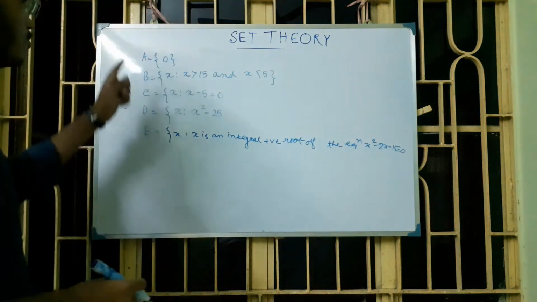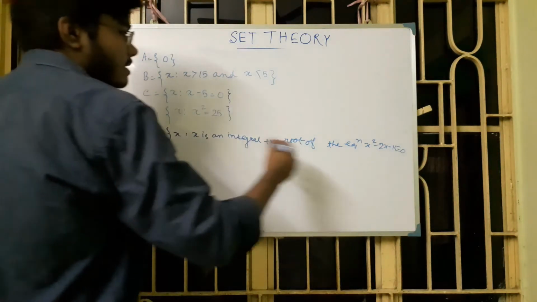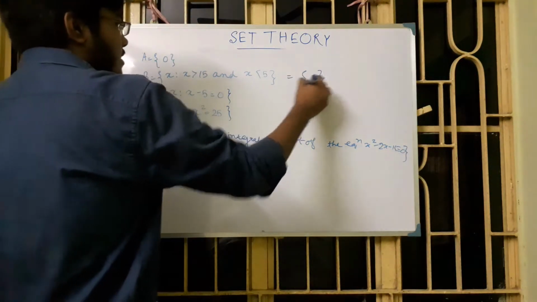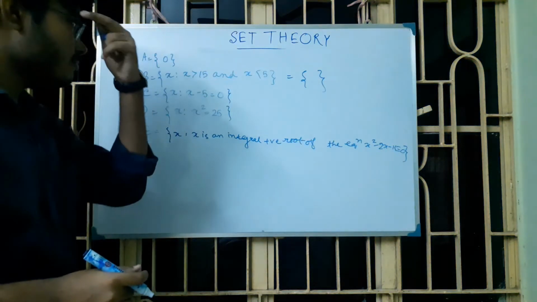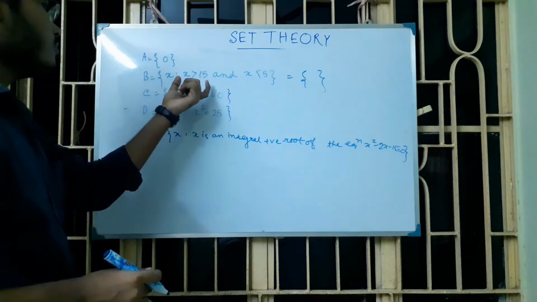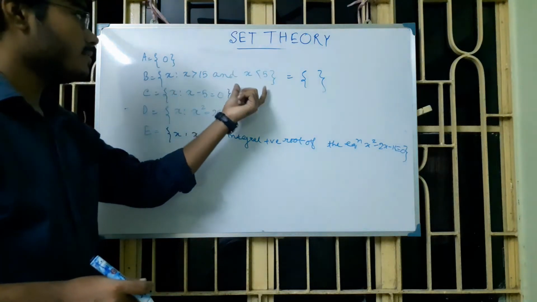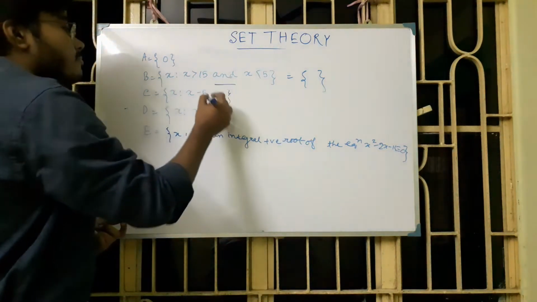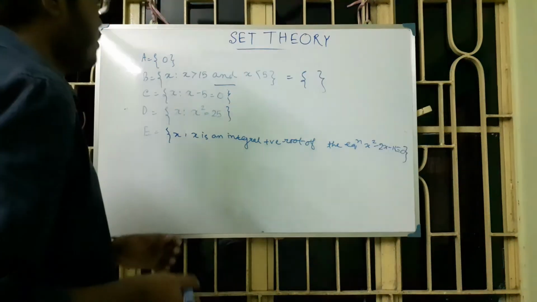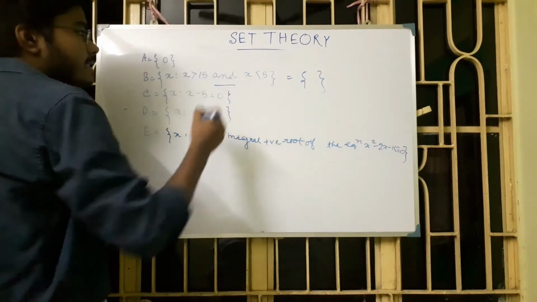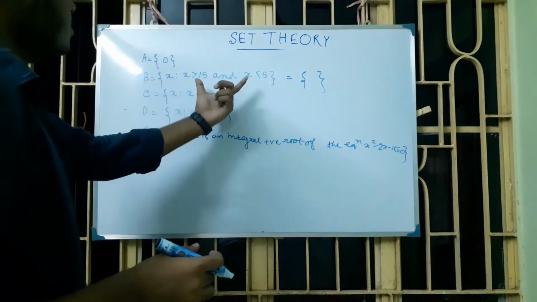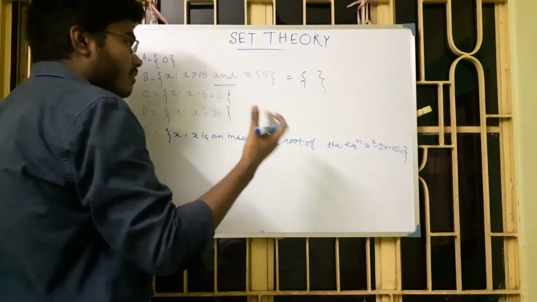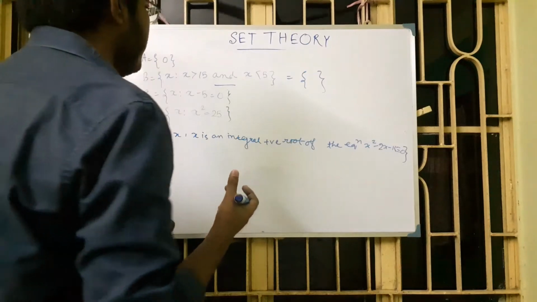So these are three sets. Sorry, five sets, extremely sorry. These are five sets. So what is the solution? Null set. A number cannot be greater than 15 and less than 5 at a particular time. It can be less than 5 or it can be greater than 15, but there is an "and", which means both cases must happen. So at a particular time both the cases will not happen, so it can never happen.